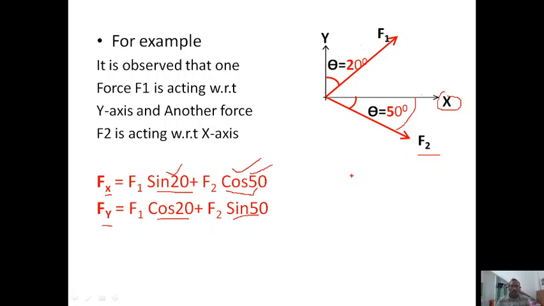So you have to be more conscious about the sine and cos symbols and plus or minus symbols according to the positive x-axis, negative x-axis, and positive y-axis and negative y-axis. Accordingly you have to give the direction signs in the equation, right? And if you get one equation, you get the second equation by simply changing sine and cos, right? Just the theta value should always be the same, right?